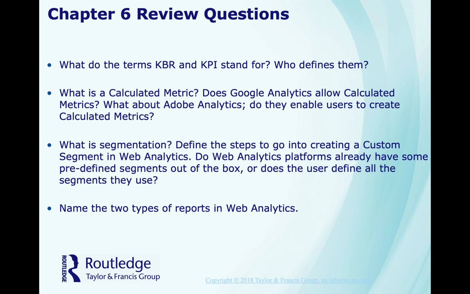For the Chapter 6 review questions, I want you to look at the terms KPI and KBI, and what they stand for again. This kind of goes back a little bit. How are calculated metrics handled? How does Google Analytics calculate metrics, and how does Adobe? Look at the difference between those. What is segmentation? Define the 2 steps of creating a custom segmentation in web analytics. Do web analytics platforms already have some predefined segments out of the box, or do you have to go in and set them up like an administrator? And name the 2 types of